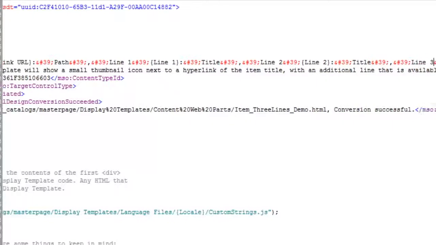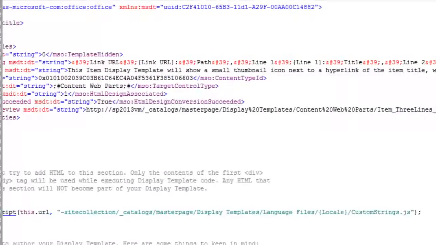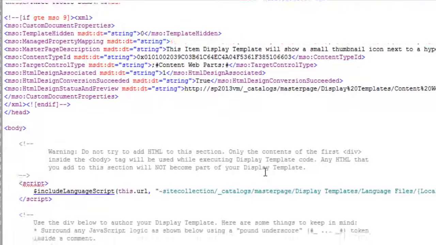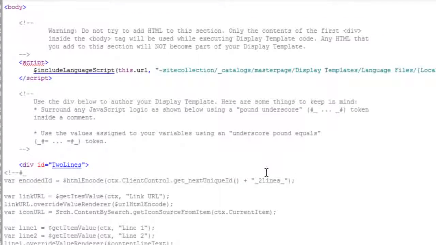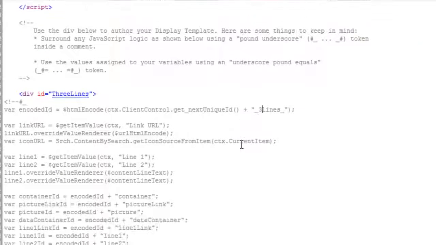So we're going to have one more line here. You could add another one for 4 properties. We're just going to do 3. Scroll down. We can change this to 3 lines, to 3. And this is going to be the unique ID. So we don't want it to be the same as the 2 in case we had 2 on the same